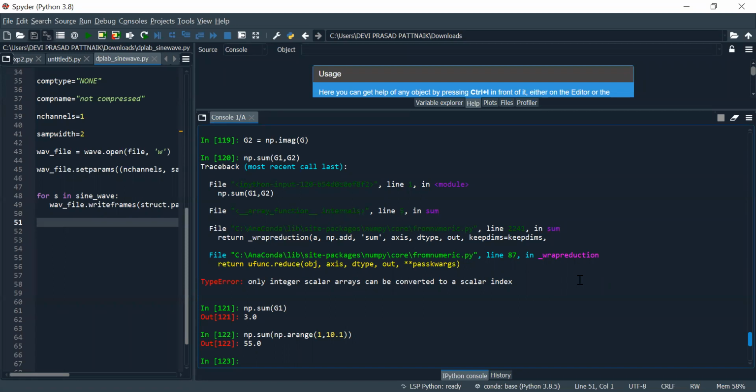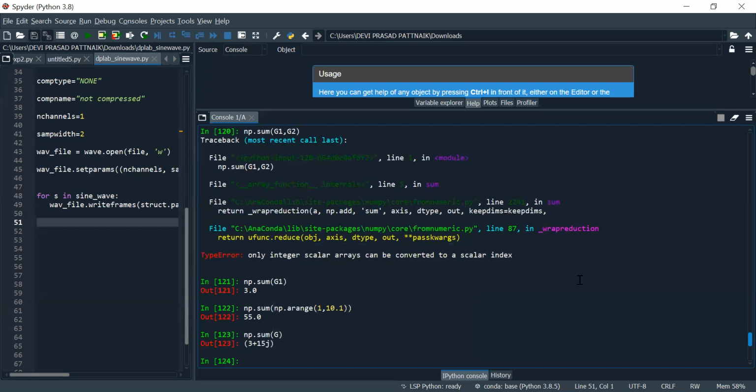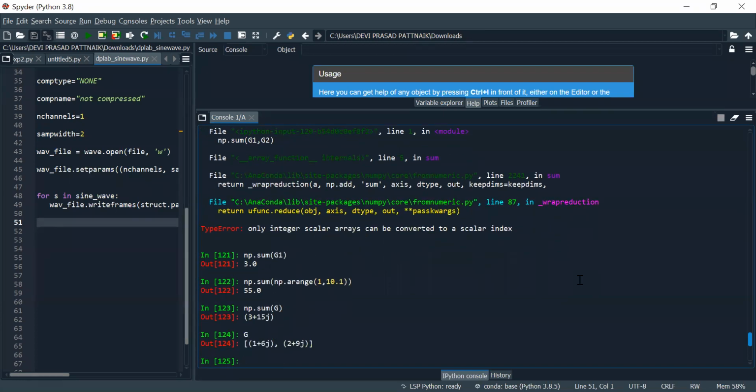So sum is used to sum up all the elements. Let's try whether it is working with complex numbers or not. G is this, and the sum of these two is 3 plus 15j.